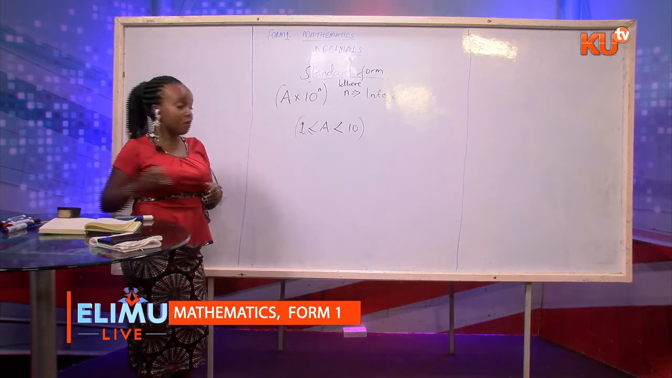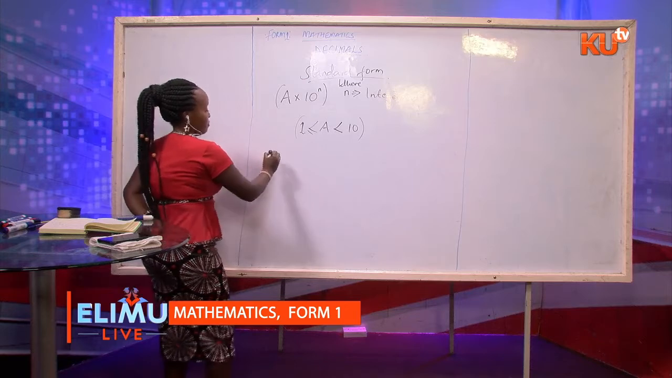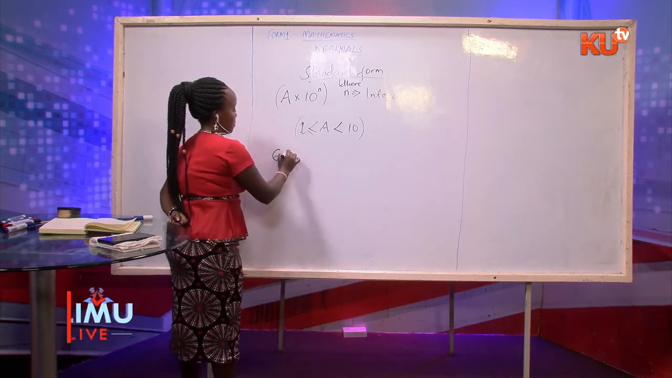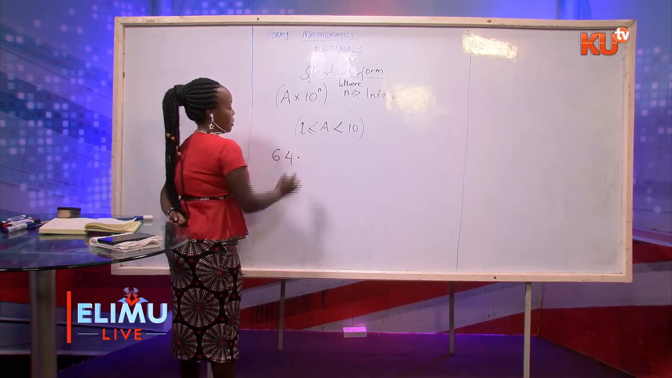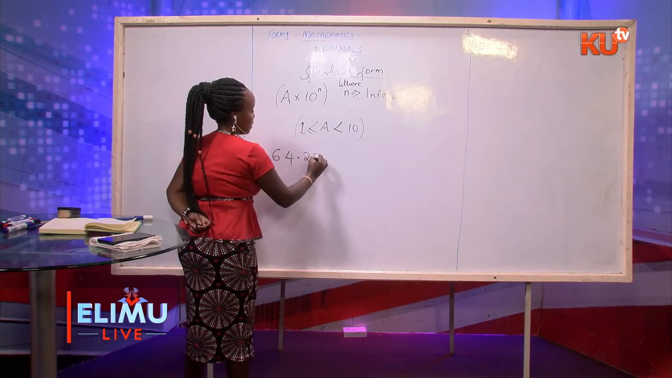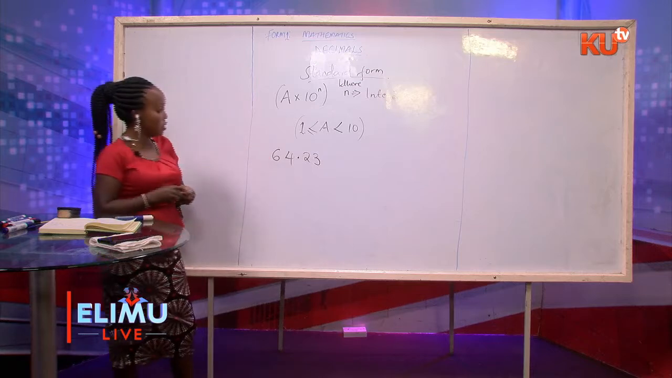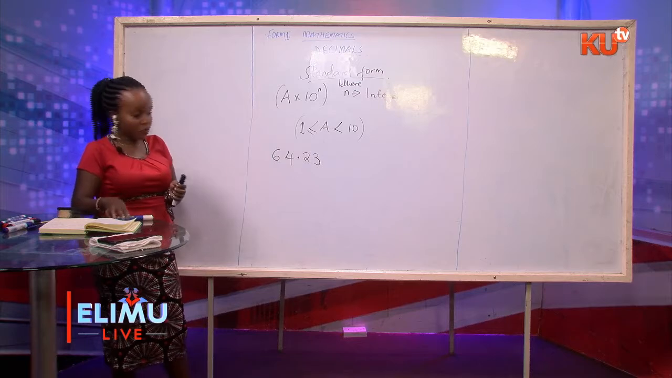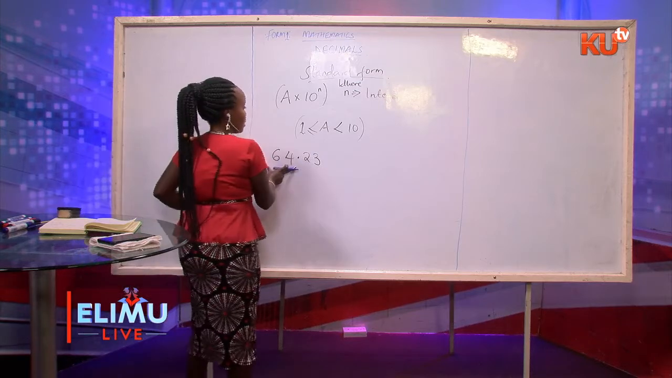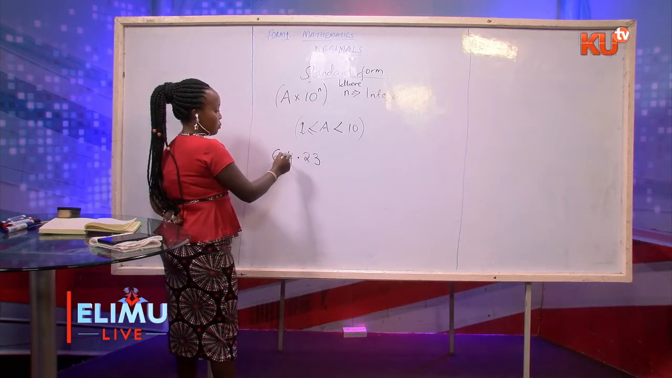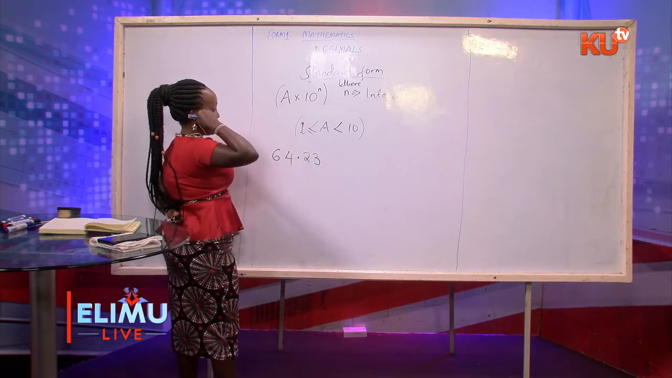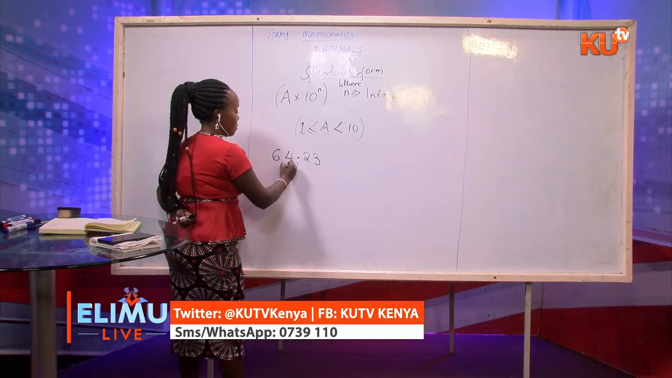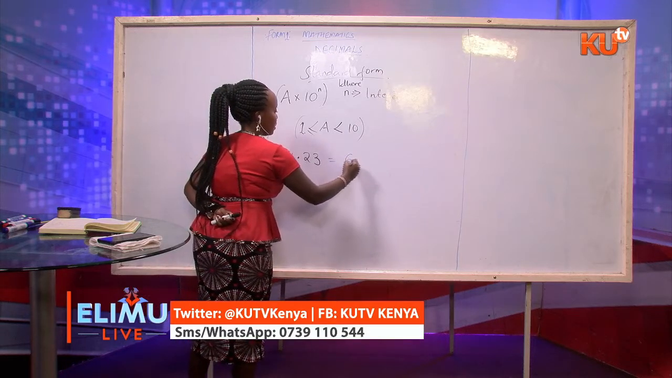You can be given an example like 64.23. Write that one in standard form. If you look at 64, it is greater than 10. So we're going to move the decimal. You can't place the decimal in front because that will make the number larger. So we're going to bring the decimal backwards there. So this will be